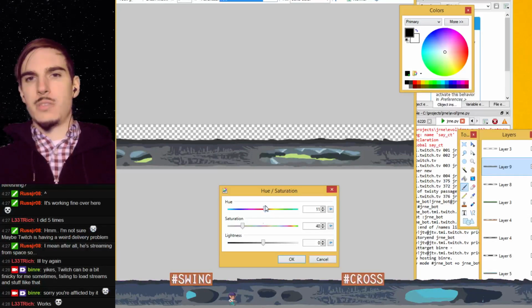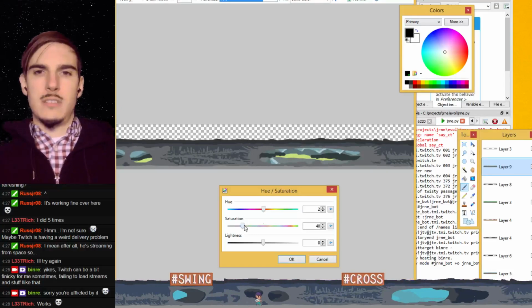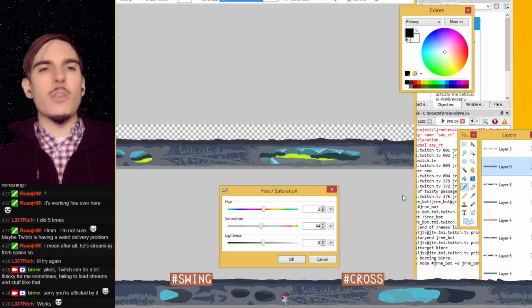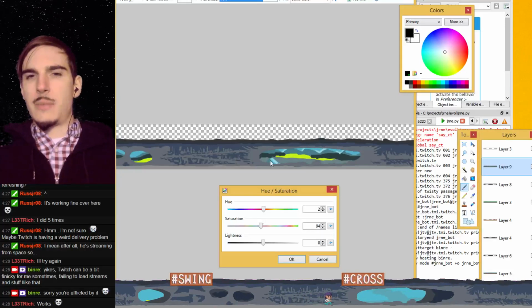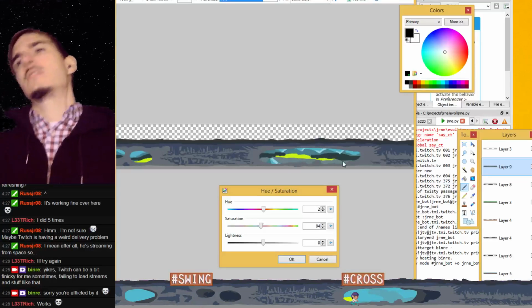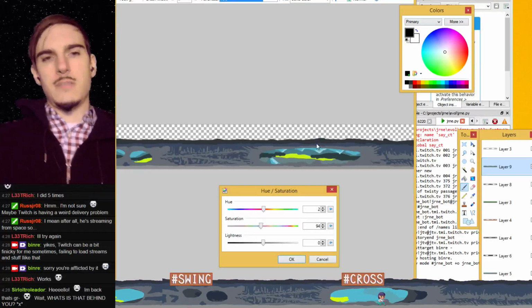Maybe I will go for a more muted palette, even more muted. Or actually, you know what? Maybe I'll stick with a grayer palette, dropping the saturation as we drop the lightness, and the bioluminescence will...